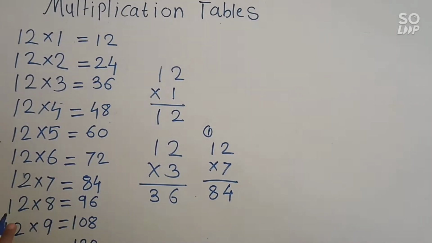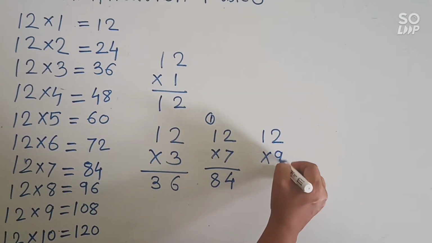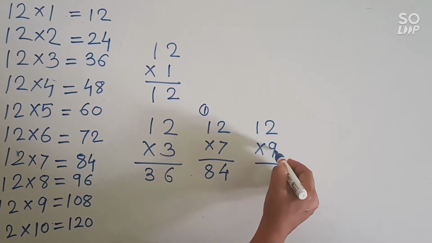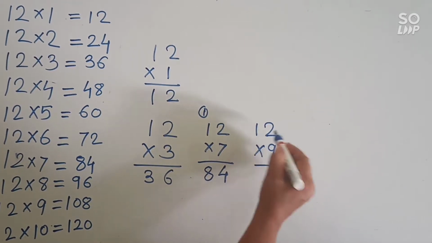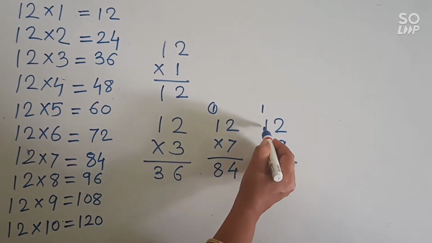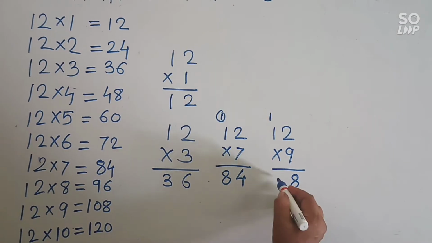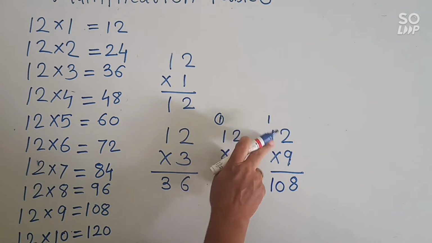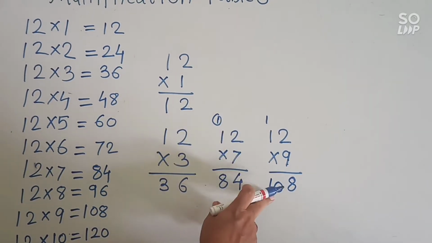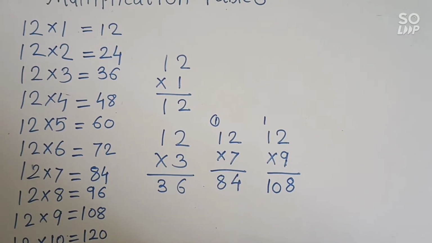Okay, 12 nines are, if you know 9's table, then 9 twos are 18, 8 here, 1 carry over, and 9 ones are 9 plus 1 is 10. Look how 12 nines are 100 will come. 12 nines are 108. Sorry, 108. Like this we can make